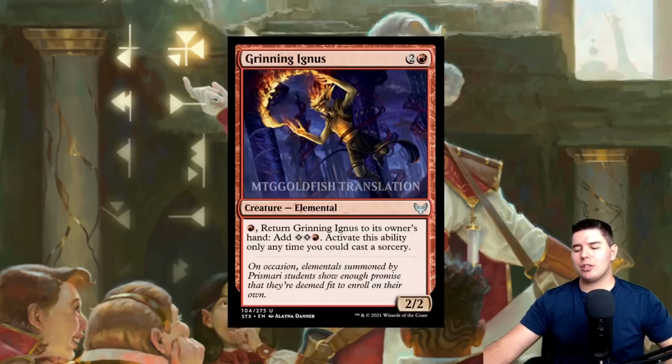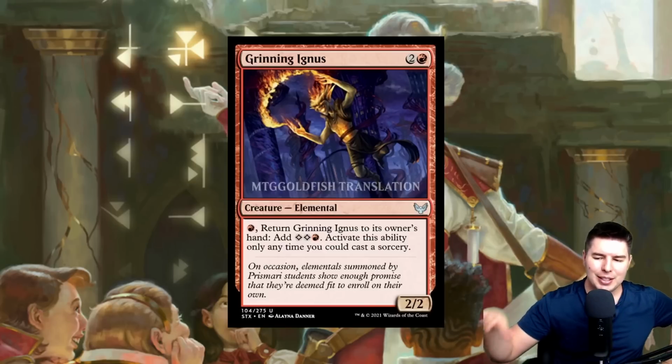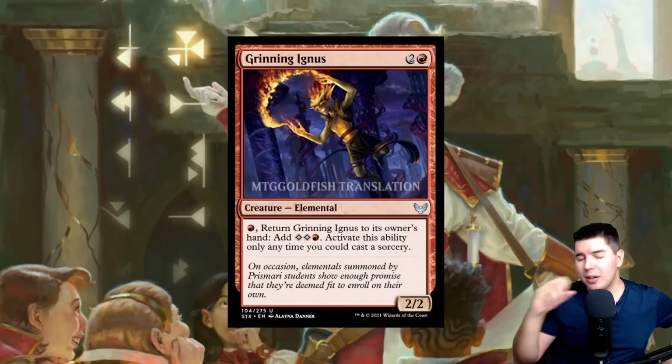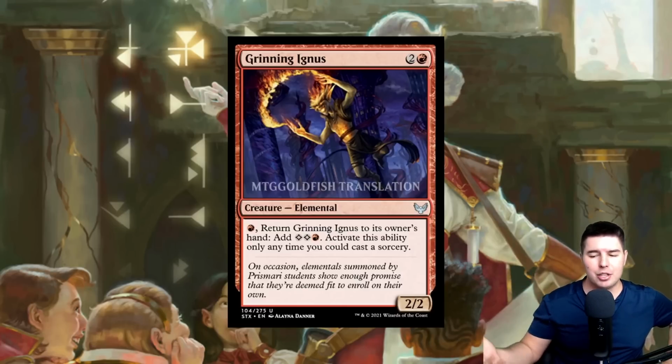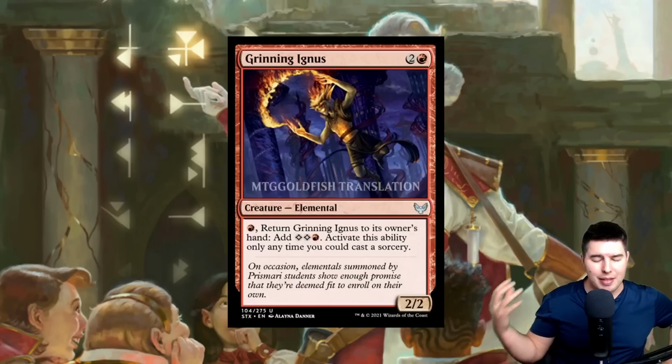In Standard, I'm not sure exactly how to make this work. There's a few different ways to, we still have Birgi, so you still can cast lots of times. It doesn't work for Magecraft, but you could cast it with Terror of the Peaks and have it enter the battlefield over and over and over again and have infinite damage that way. So Birgi, this, and Terror of the Peaks is still a 3-card combo that doesn't seem that difficult to put